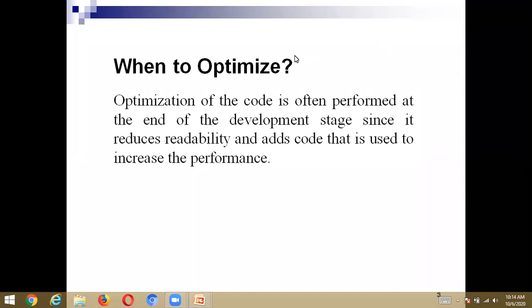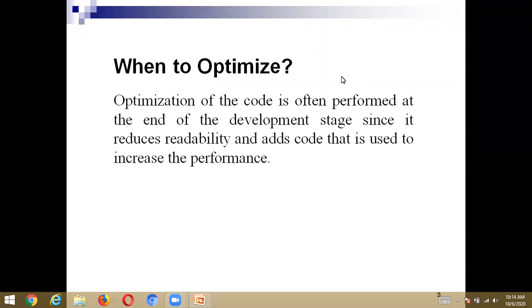And what is the answer? At the end of the development stage, I need to perform the optimization. Why? Because it reduces the readability and adds code that is used to increase the performance. Is it clear now?